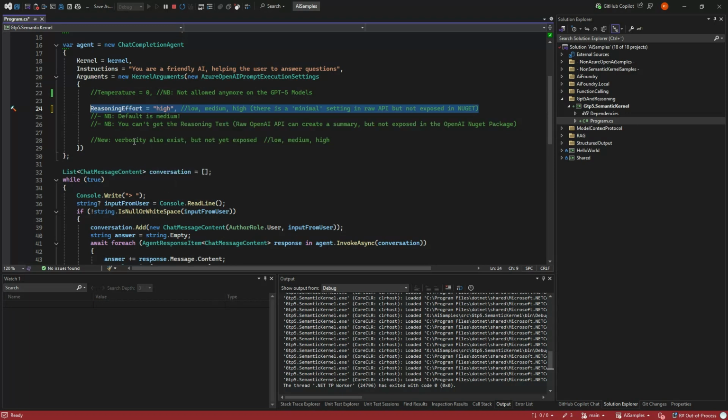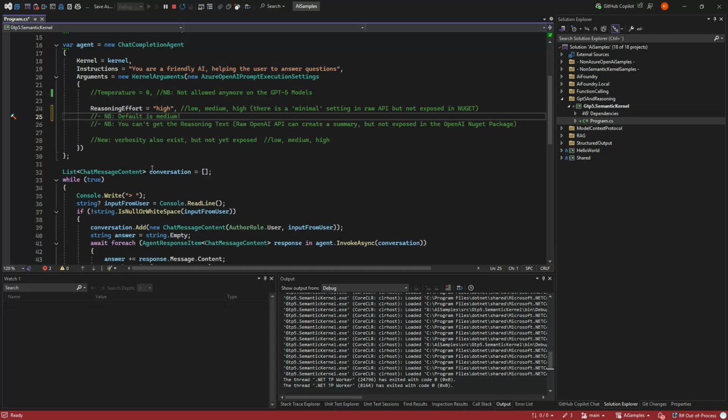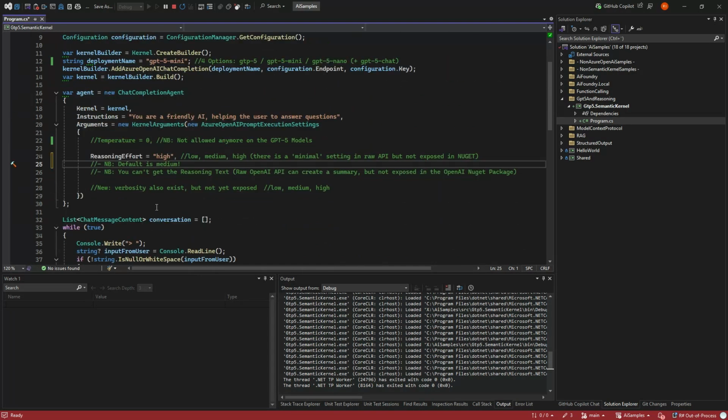So it is very important to actually set this if you go to 5. Another thing about reasoning in general, and that has been around since the first reasoning models, is that you can't really get the reasoning text. OpenAI doesn't expose it in the API. You can get some kind of summary in the raw API, but that is not exposed in the OpenAI package. So as you can see, you can write summary equals auto as they need, and there's nothing coming back here. If it comes at some point, it could be okay, but it will only be the very small reasoning summary that you see on the ChatGPT website as well.